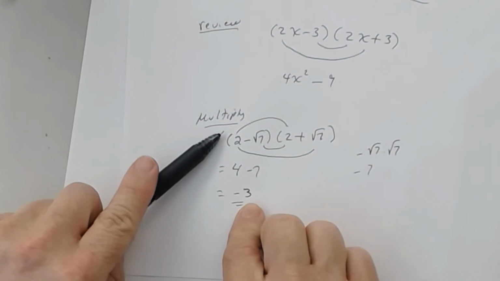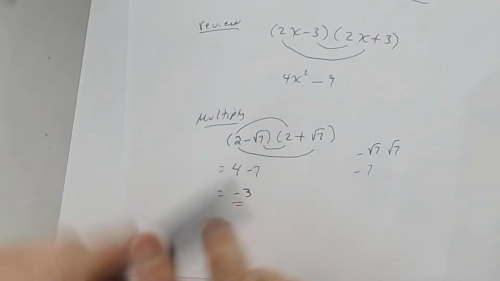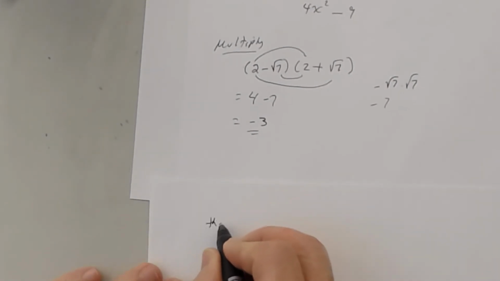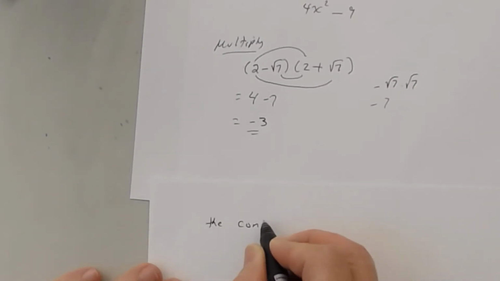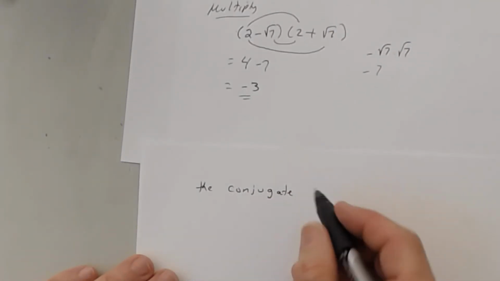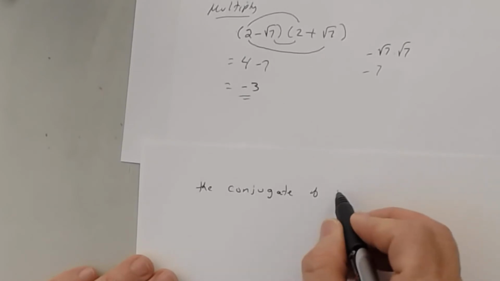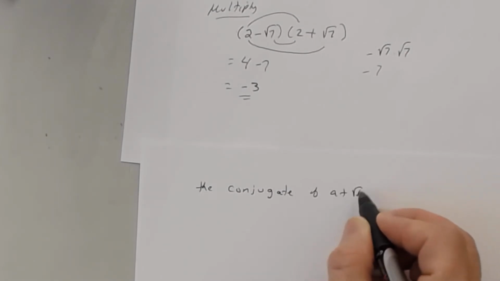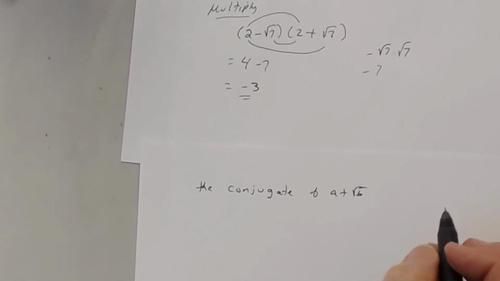So that takes us to this idea, the word conjugate. Okay, so listen carefully. Conjugate. So let's talk about conjugate now. By definition, the conjugate, C-O-N-J-U-G-A-T-E, of this irrational number, and let me just go ahead and use some letters right now: the conjugate of A plus the square root of B,